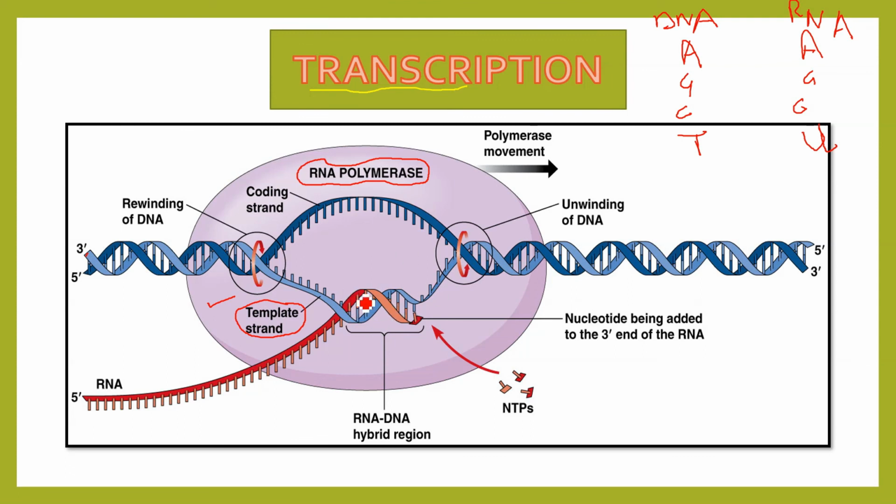So this polymerase keeps on adding these bases, and you have a newly synthesized RNA, and this RNA is the mRNA, which is called the messenger RNA. Here you can see the RNA-DNA hybrid. Here the unwinding of DNA takes place as this polymerase moves forward until it gets a stop signal, a start signal and a stop signal. When it gets the stop signal, the mRNA is newly synthesized and it will be released from the nucleus and enter the cytoplasm.